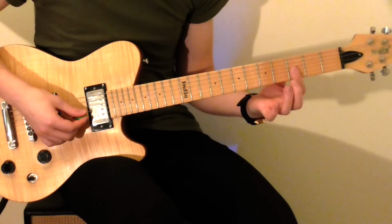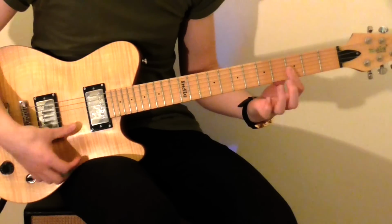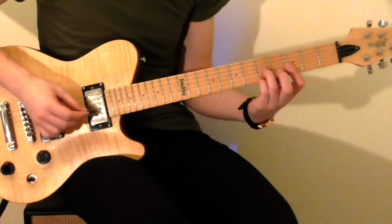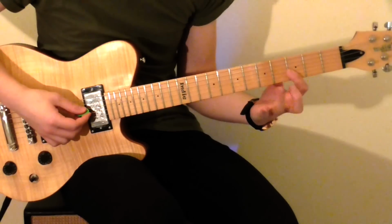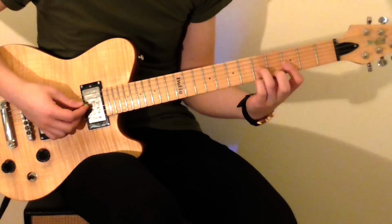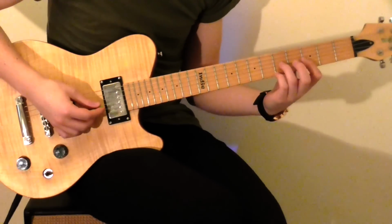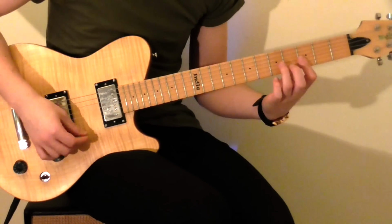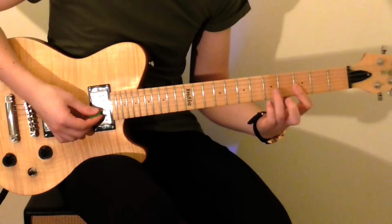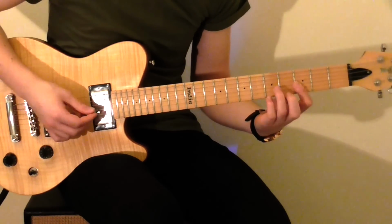You're going to bar the 3rd fret, just the high strings, and you're going to skip out the middle string, so skip out the B string, with your 3rd finger on the 5th fret of the G string and little finger on the 5th fret of the E string. Again, just plucking the high three high strings. Just going on and off with your 3rd and little finger. So